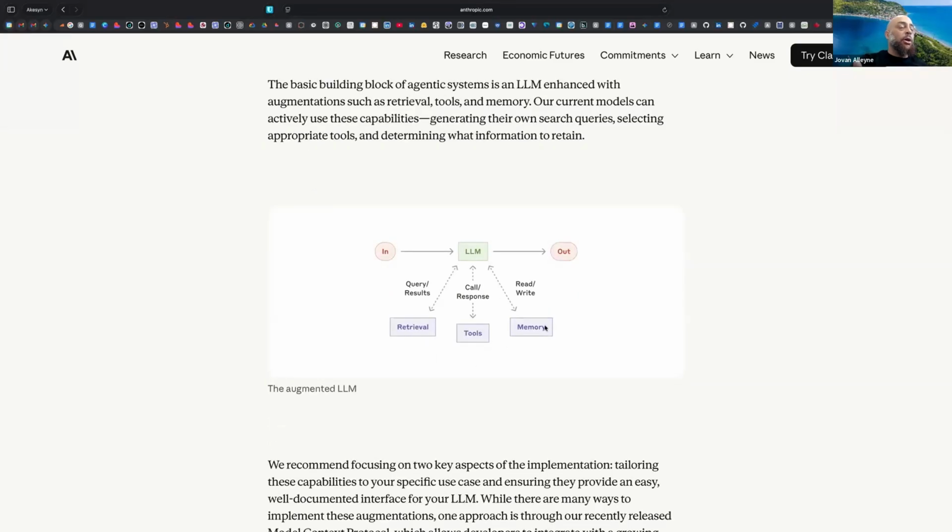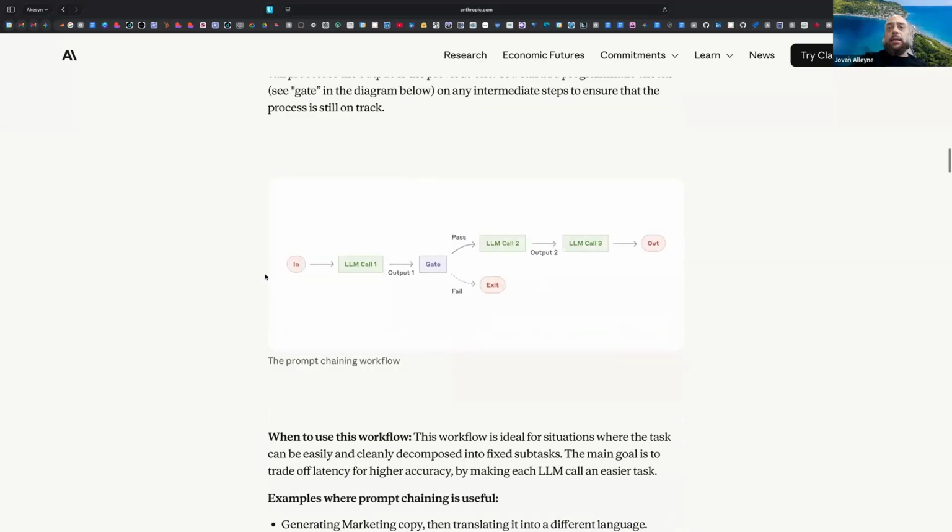And memory is basically the chat messages that you send back and forth. And that's a basic process. So you go in and you come out with a response. It ends after that. Now, these get a little bit more complex where you have a specific workflow you want to follow.